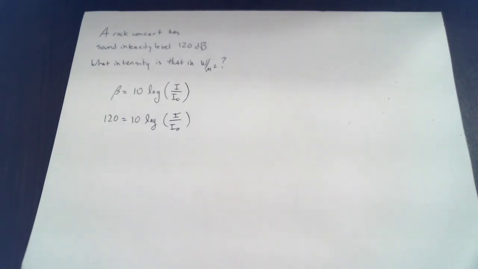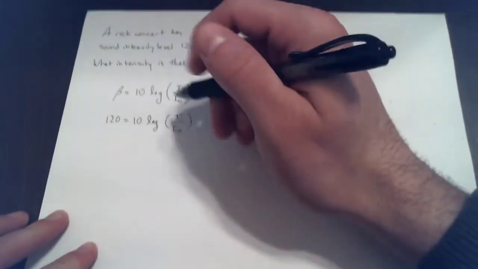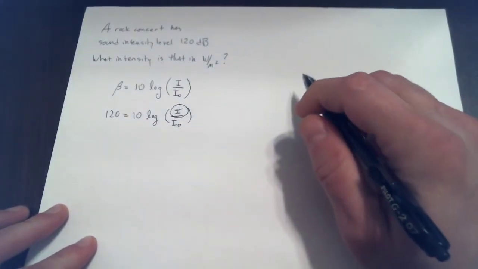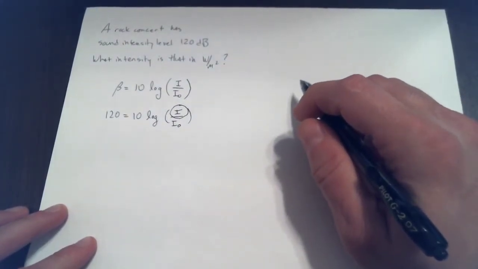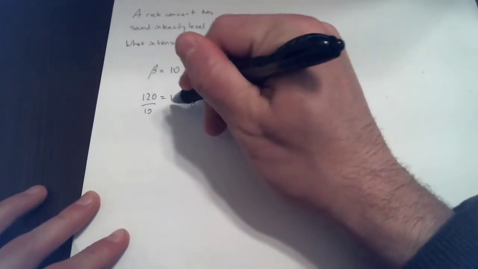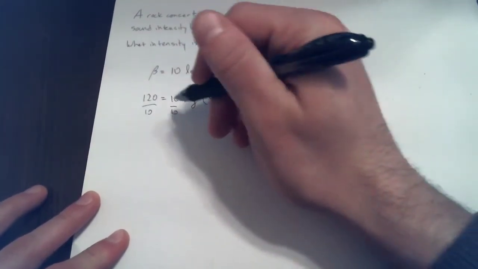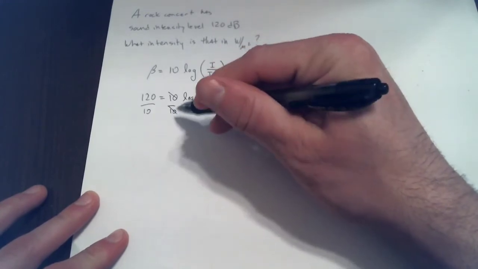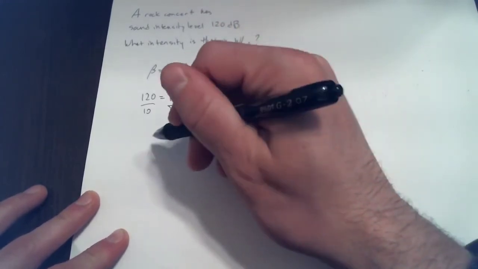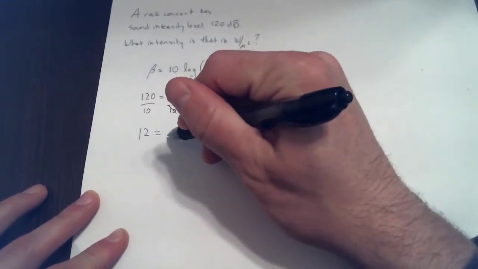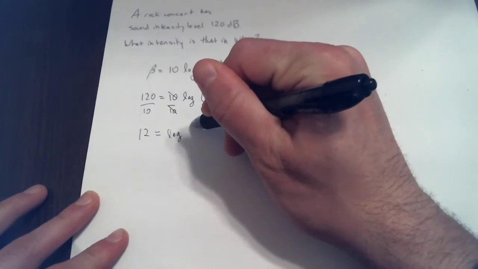So I got the decibel formula out, but I have a different goal this time. I have a number of decibels in there, and what I want to know is what intensity produces a decibel level that's this large. The first step is fairly easy. In order to get intensity by itself, divide both sides by 10 to get rid of the 10 that's there. So you have 12 equals the log of